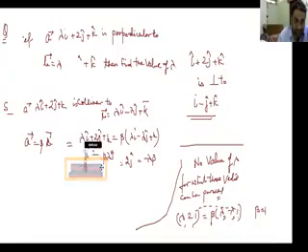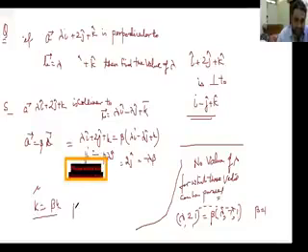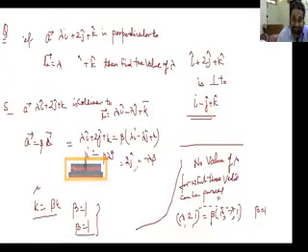AOB is 90 degree. I have to prove OG is perpendicular, I have to prove that this angle is 90. Okay, so I have to prove OG is perpendicular to AB, given G is the midpoint of what? Hypotenuse. G is the midpoint of hypotenuse. All right.